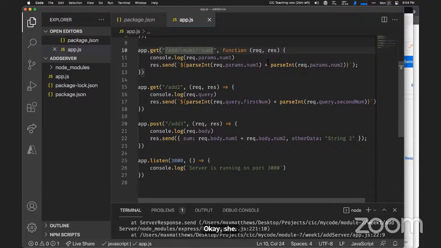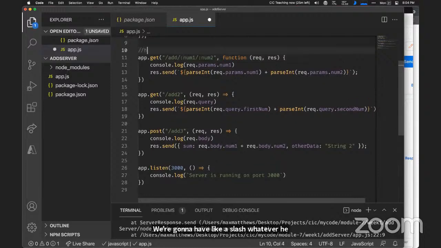So basically in the URL, we're going to have http, localhost, 3000, /add, and then /num1 equals whatever, /num2 equals whatever.